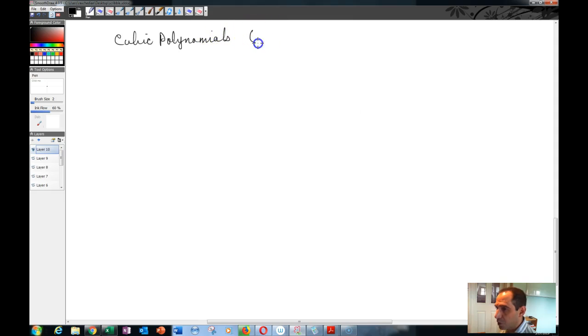For example, let's say you have a polynomial p of x is equal to x cubed minus 4x. Basically you could try a table of input and output values, but if you draw the graph of this polynomial,